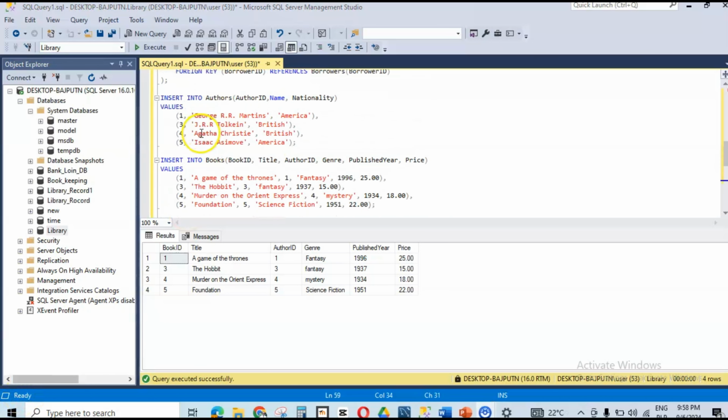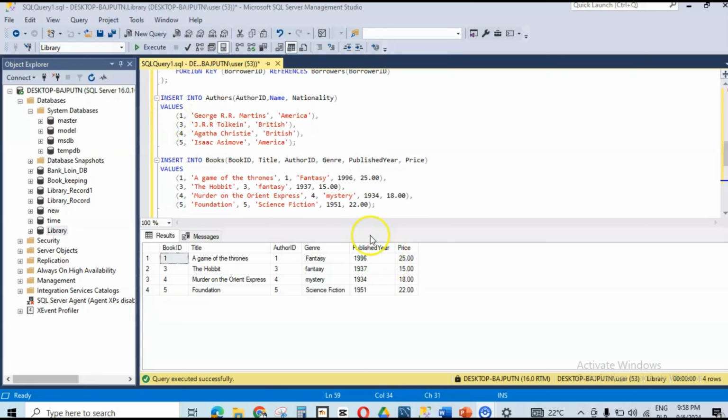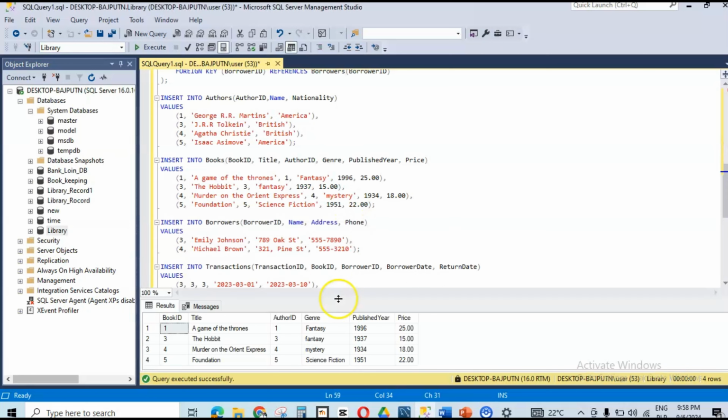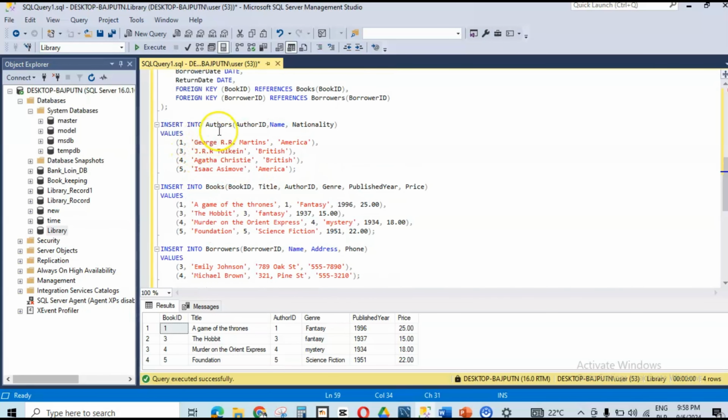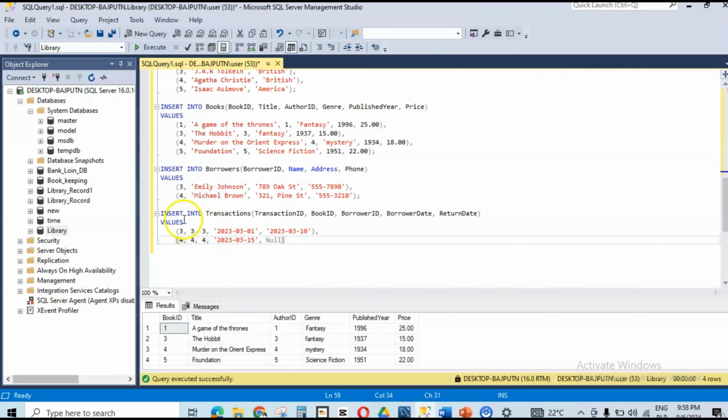Right. As you can see now, we have inserted values into the authors table, the books table, the borrower table, and also